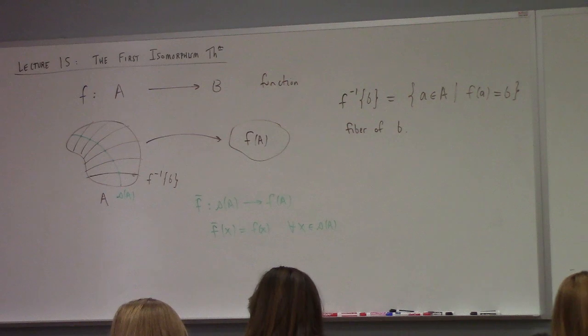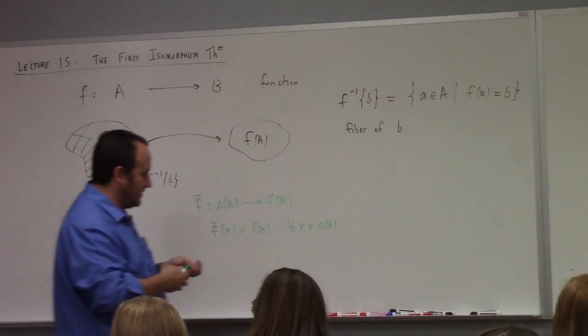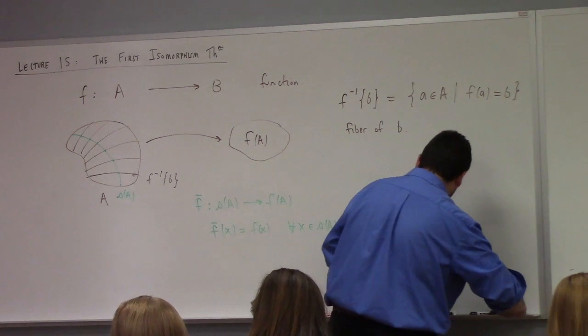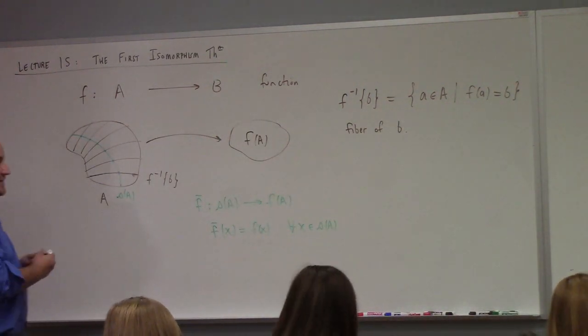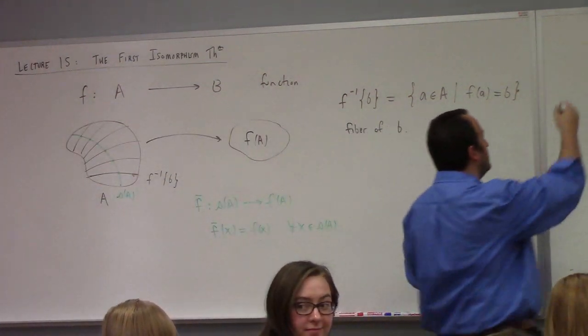But this story plays out in group theory and gives us what's called the first isomorphism theorem, right? But it also meaningfully involves the other concepts we've been talking about, like normal subgroups and so forth. Here, to give you an example from complex analysis, before I get to the group theory,